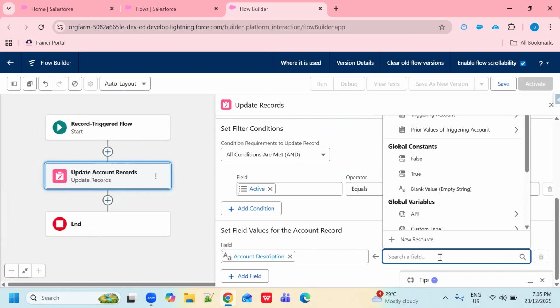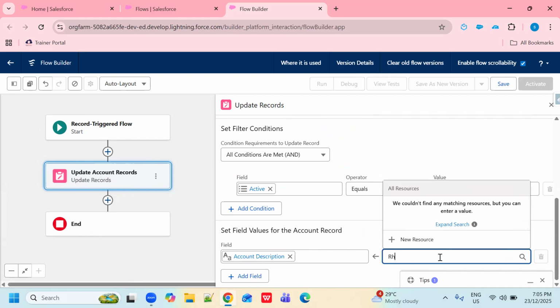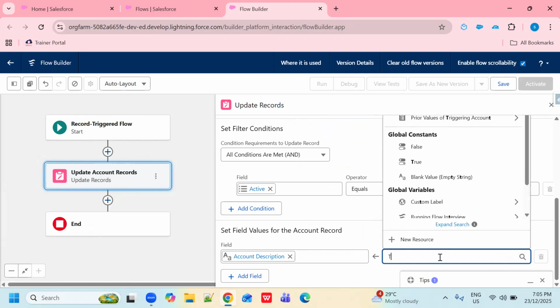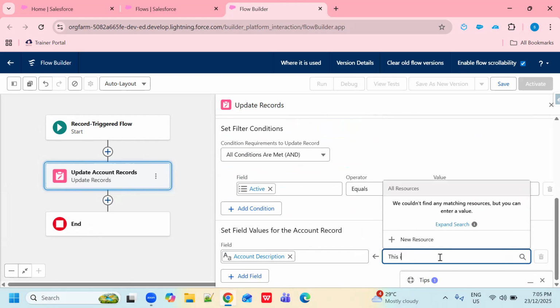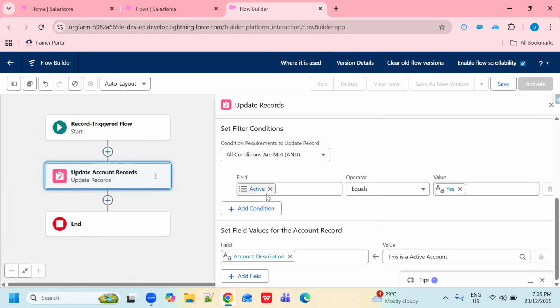So I'm typing here manually: this is an active account. Right, I want this. So when my account is active, then the description should be updated with this text, right? This is the scenario.